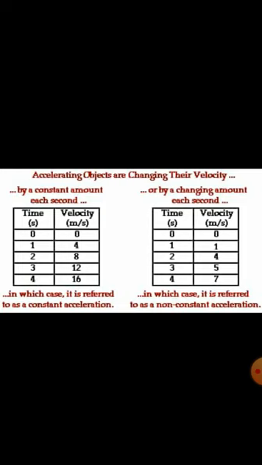For non-uniform acceleration, we can consider the example of vehicles moving on a busy road. The velocity of the vehicle on a busy road does not change by equal amounts. So we have understood the difference between uniform acceleration and non-uniform acceleration. We will be learning in the next module how to represent the motion of a body using the graphical method.